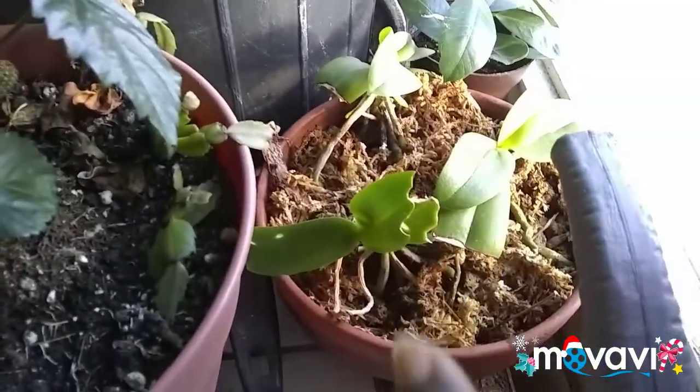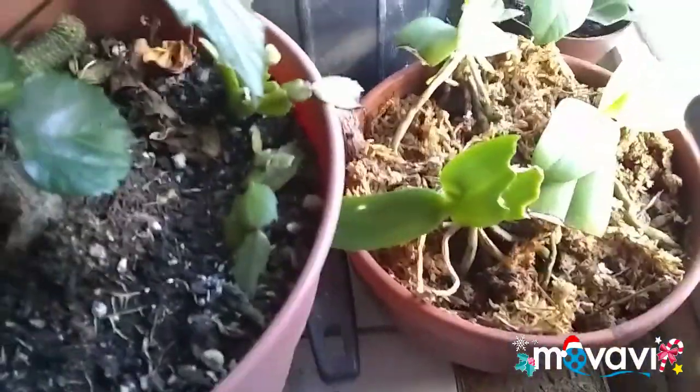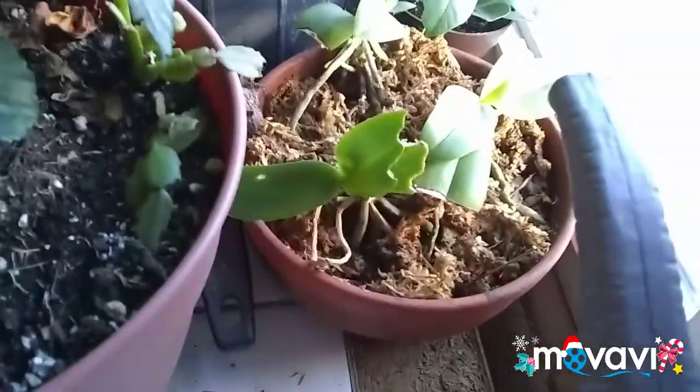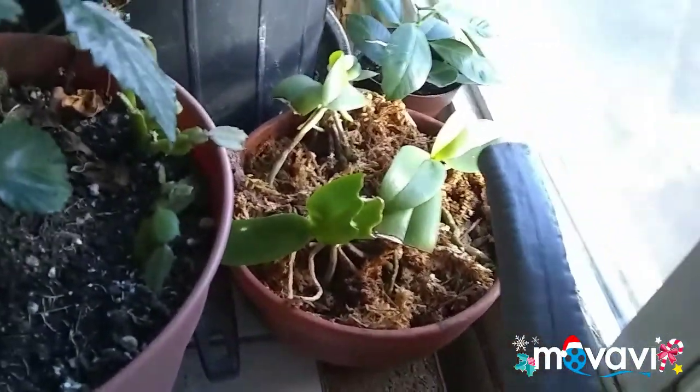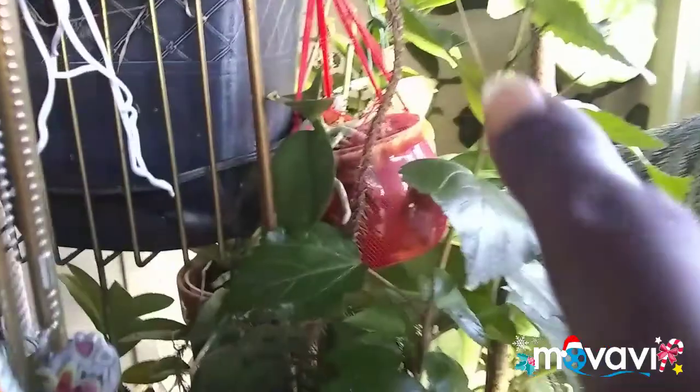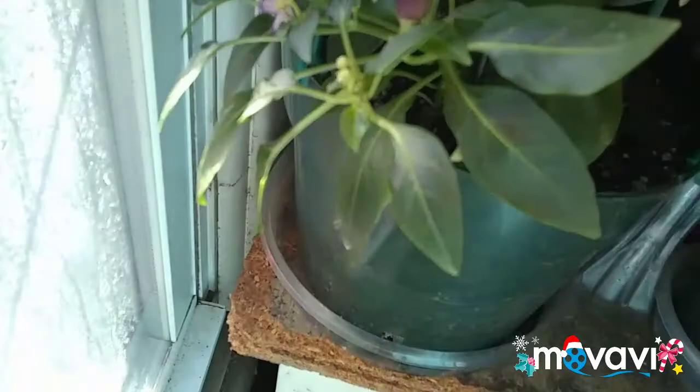There's these here. They suffered a lot of leaf loss in the summer, so they're recuperating. But they're doing very well, so I can't complain. And then there's this one over here. That one's not really showing much of anything, but it's still alive. And look at this over here. This is my, I suppose,